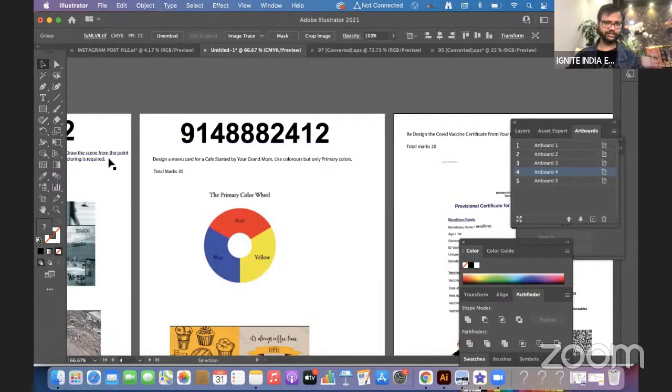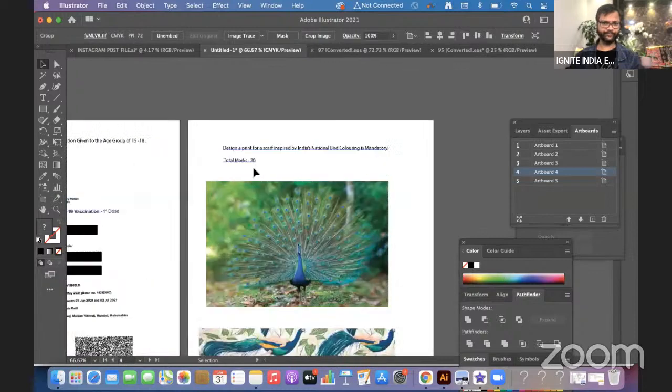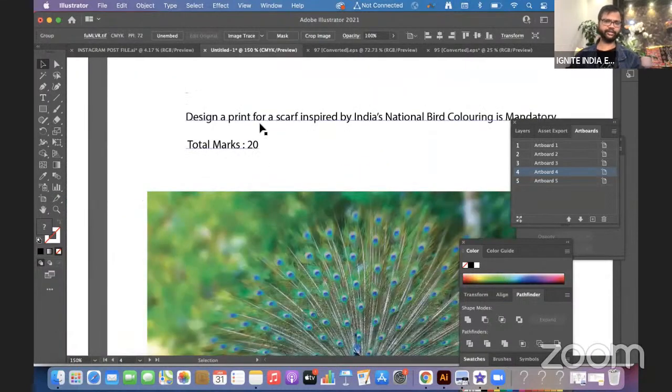Let me explain the third question, right? Now, design a print for a scarf inspired by India's national bird. Coloring is mandatory.